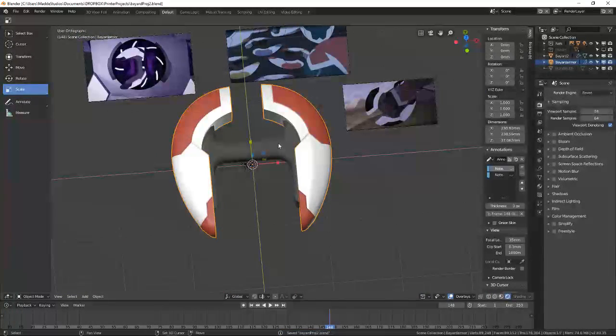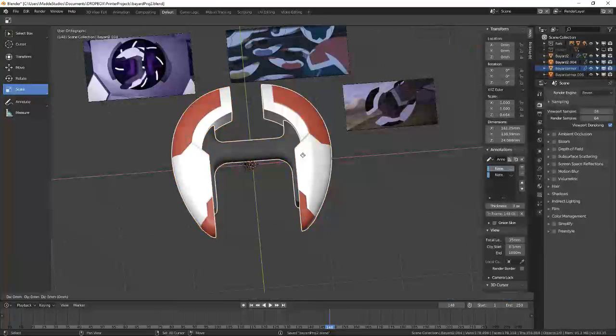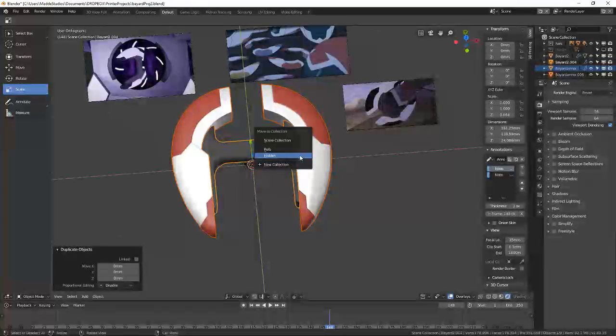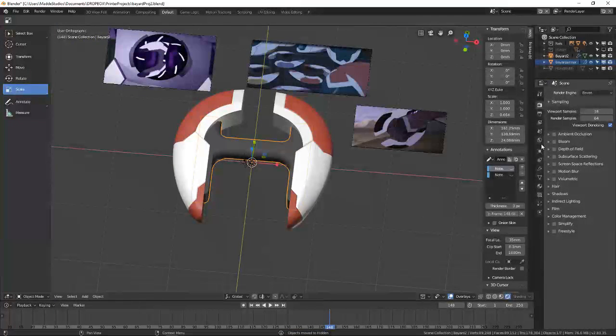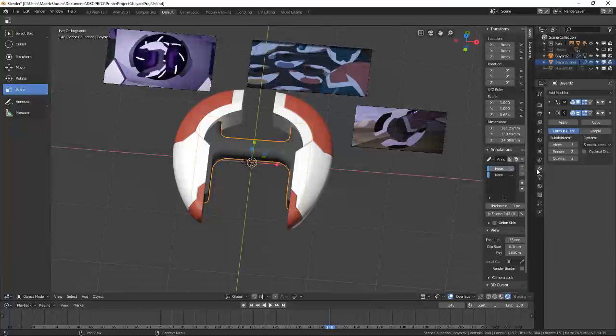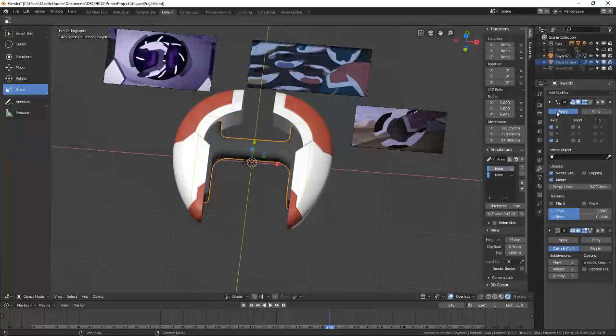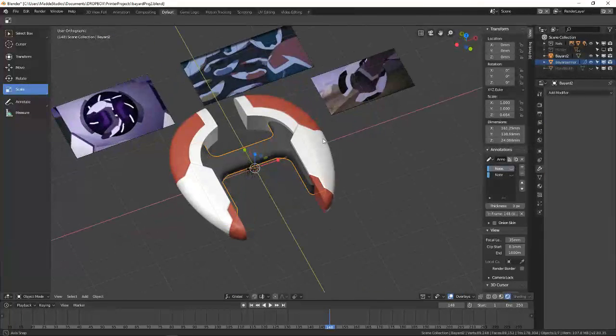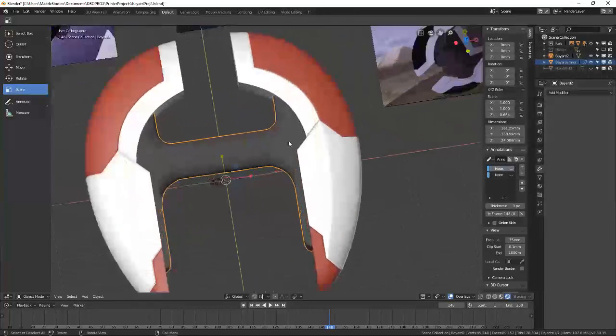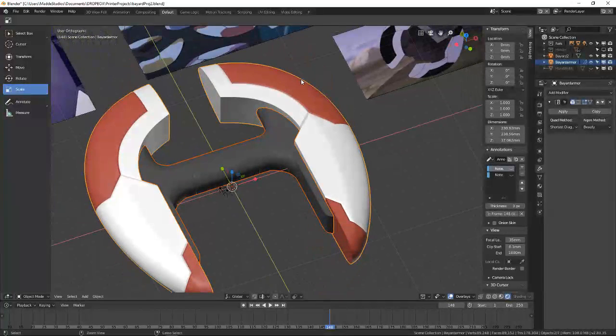Let's make... I don't need to make a duplicate of the handle. Do I need to make a duplicate of the handle? I'm just going to duplicate both just in case. I'm going to move them to hidden. And now I'm going to apply all the modifiers. And then, last time I did the boolean via the modifier. I'm going to see what happens if I join them,